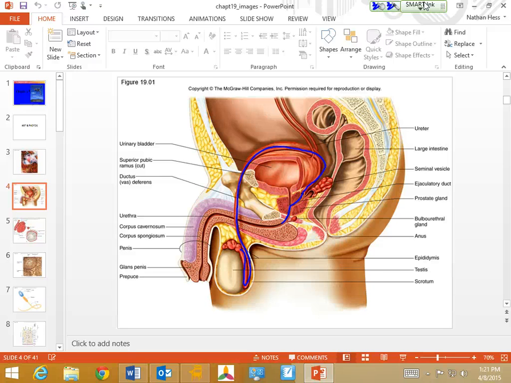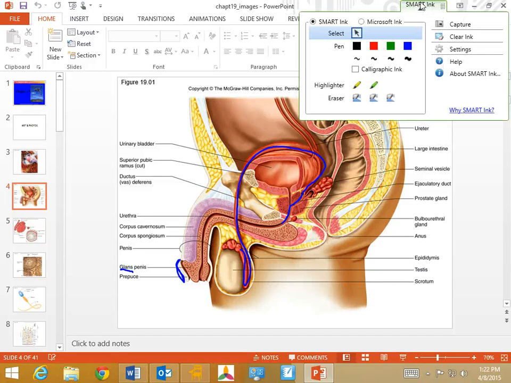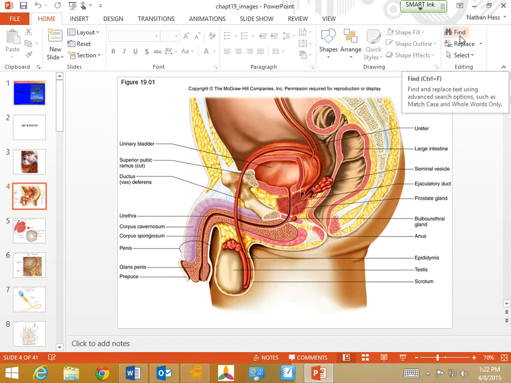Let's see, other big pieces. Of course, you have the penis. The end of the penis they call the glans. The glans. This piece on the outside called the prepuce, or P-R-E-P-U-C-E, or the foreskin. If you have seen or know of someone who has had,